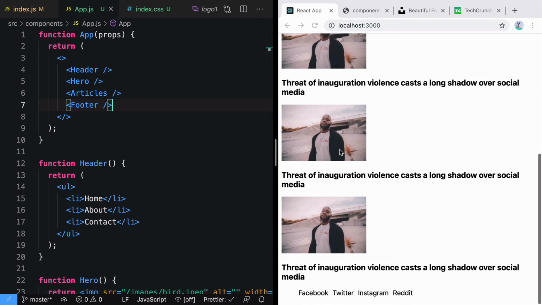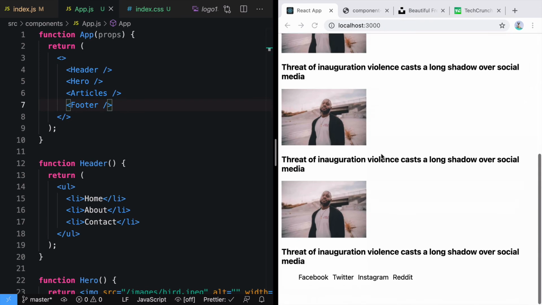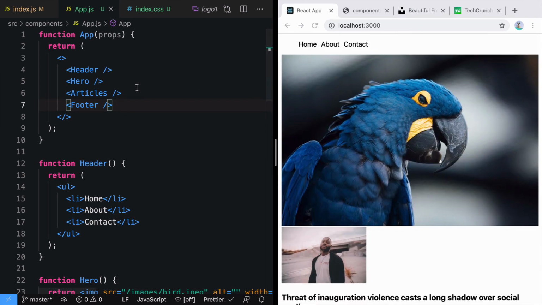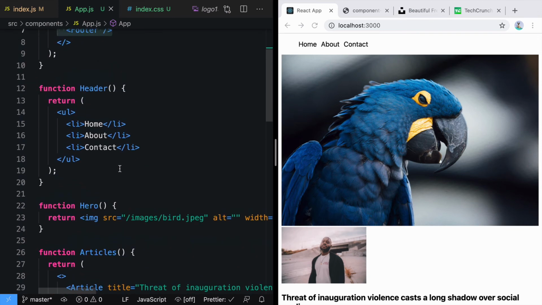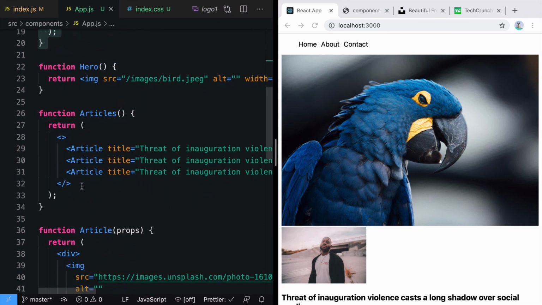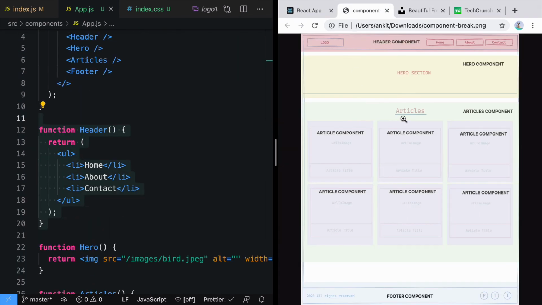At last, if you look at your application, this whole application that you're seeing here consists of multiple components: header, hero, articles, and footer. And those components are right here. In this way, we were able to break our whole app into small components like header, hero, articles. Articles consists of multiple article, and then we have footer.